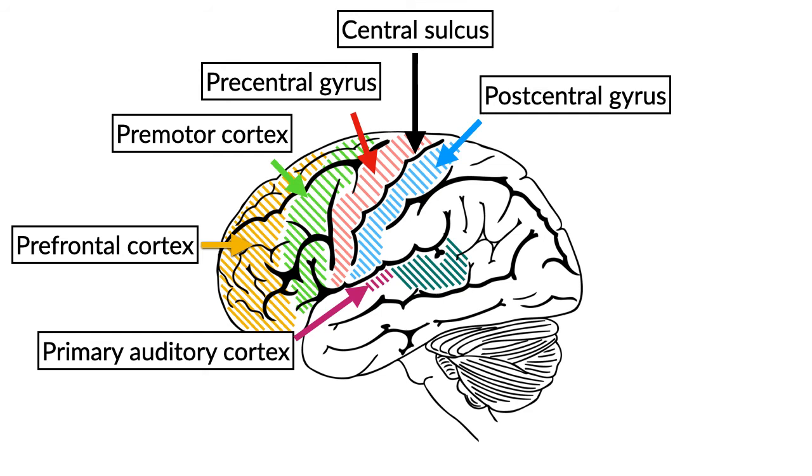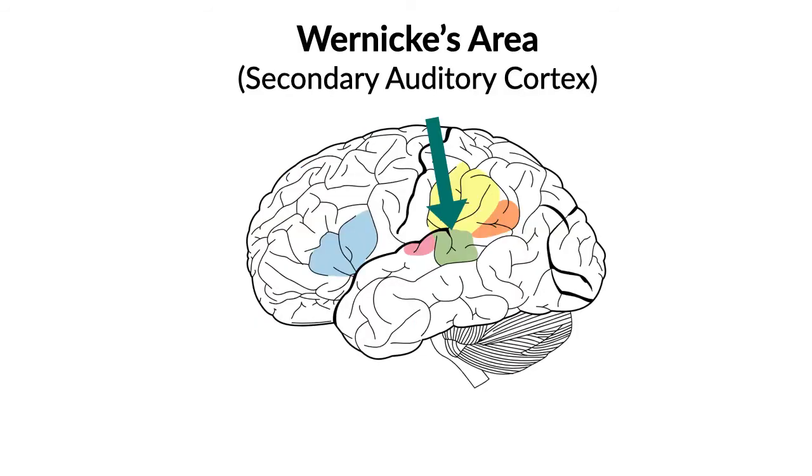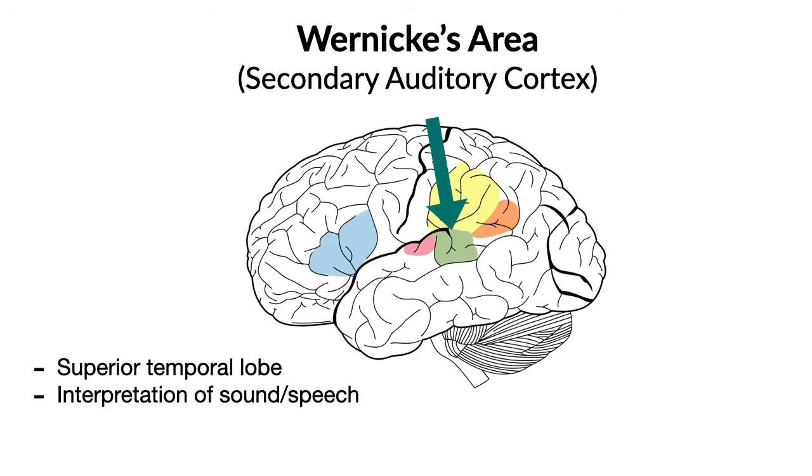Now we come to what's known as Wernicke's area. Now this is to do with the interpretation of the sound. It's known as the secondary auditory cortex, and it is, again, in the superior temporal lobe or temporal gyrus, and it's posterior to the primary auditory cortex. Now this, as I said, is to do with the interpretation of the sound. So the primary auditory cortex recognizes a sound according to its tone, its pitch, its timbre, and the secondary auditory